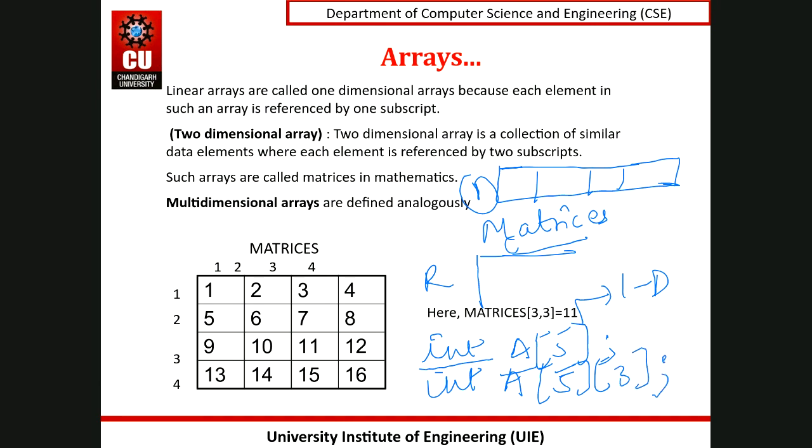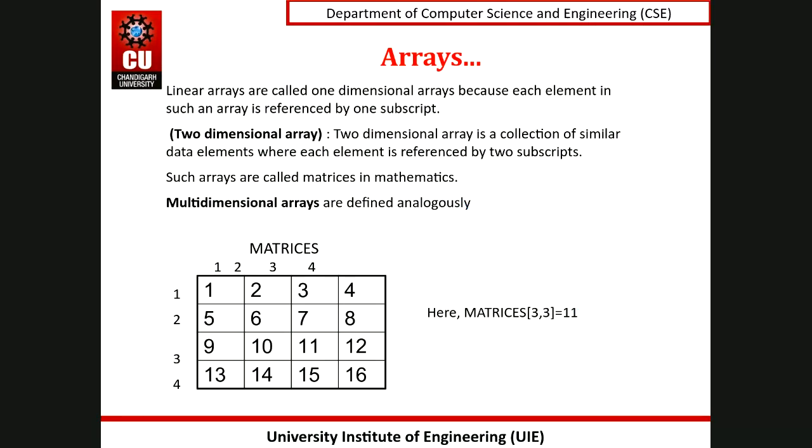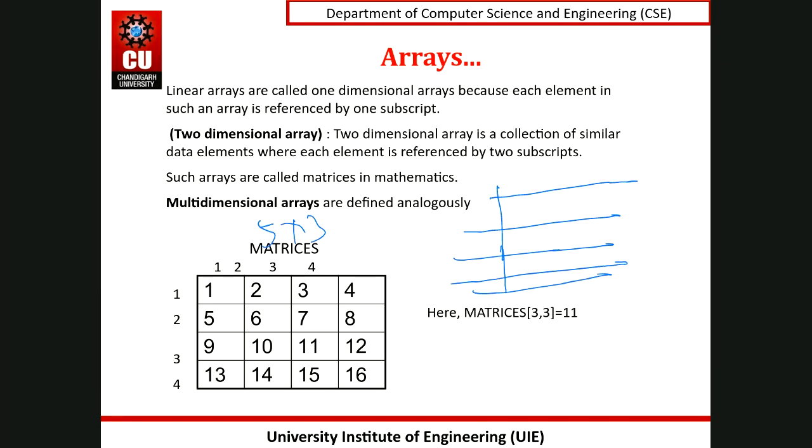It means that I have an array of integers, the name of the array is A, and the number of rows in my array would be 5 and the number of columns would be 3. So it would look like this. The number of rows would be 5, if I take it from 1, it will go 1, 2, 3, 4, 5, and the number of columns are 3, so 1, 2, 3.